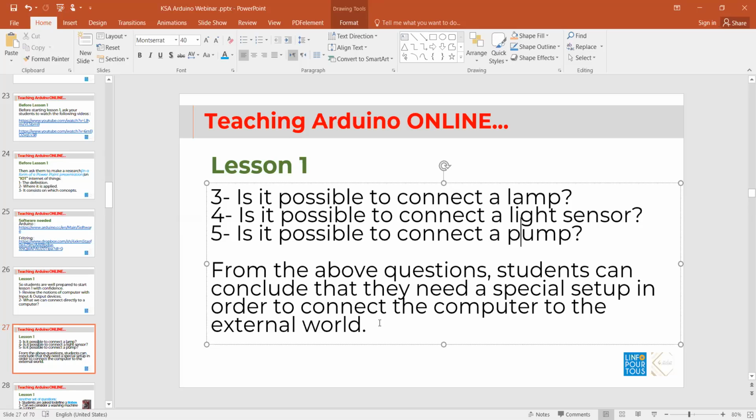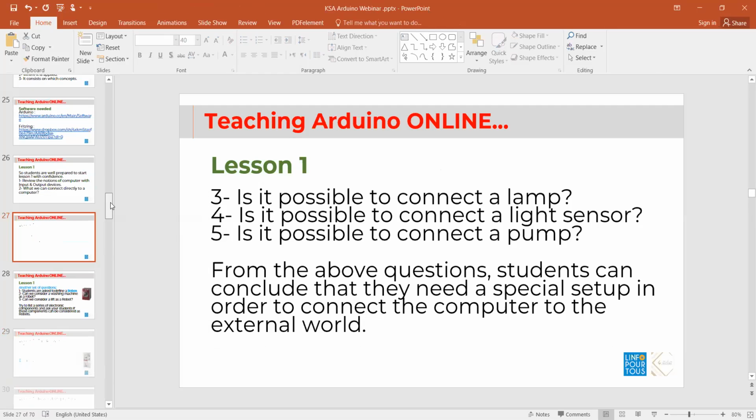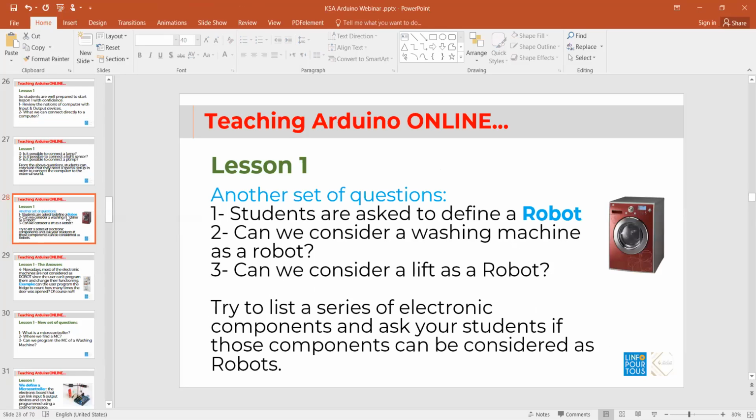to the external world. And here I think that by seeing the videos and by asking them those questions, they will be more and more ready for attacking this lesson. Another set of questions: students are asked to define a robot. What is a robot? And from my experience with the students, a robot is an electromechanical